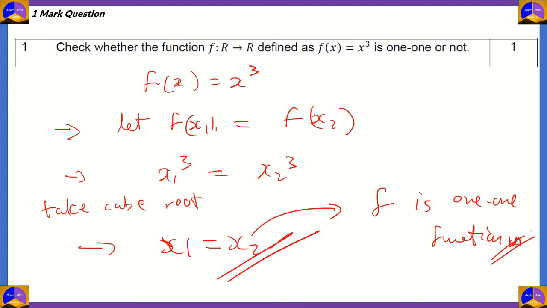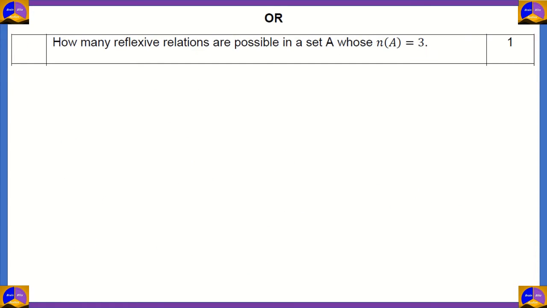So this is a typical 1-mark question in board exams. The question is short, but it may not be easy. Sometimes you need to have in-depth knowledge about the subject as well and the lesson you're studying. So in this year's sample paper, we have an OR question for question number 1. It says, how many reflexive relations are possible in a set A where n(A) is equal to 3? For reflexive relations from A to A,